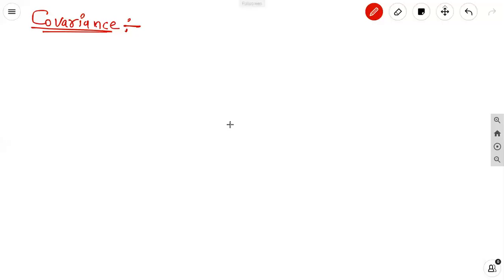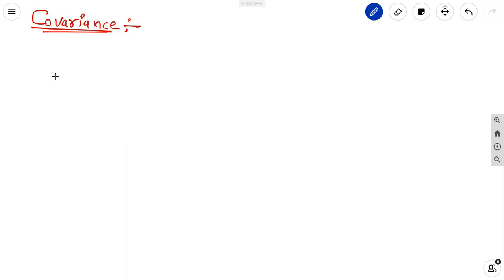Now we are going to discuss the definition of the covariance. Covariance means we are discussing the relation between two variables, from the given data, that is, the relation of any two variables. The covariance of two variables can be defined as the expectation of the difference of the variables and their means